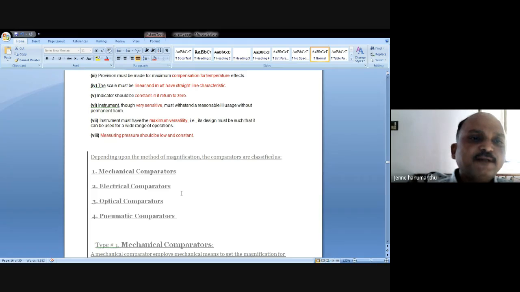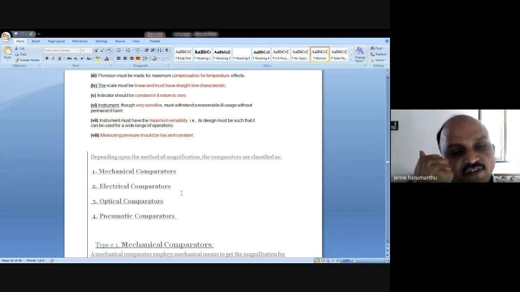I am expecting a rough surface, but there is a smooth surface. So the comparator will show that smooth surface. If the comparator detects the smooth surface, I will rectify. Where is the smooth surface? Where is the irregular surface? Where are the corners? Where are the holes available on the surface?